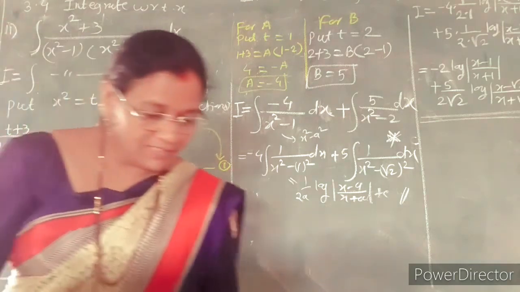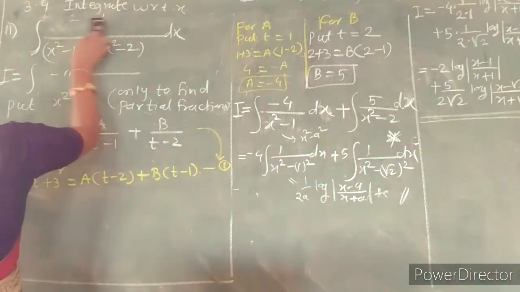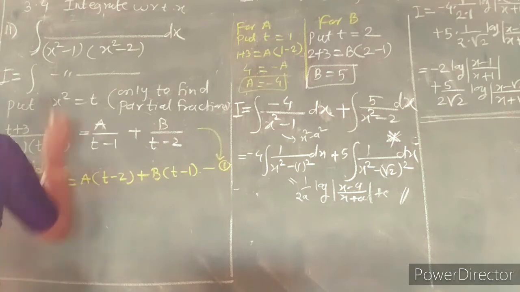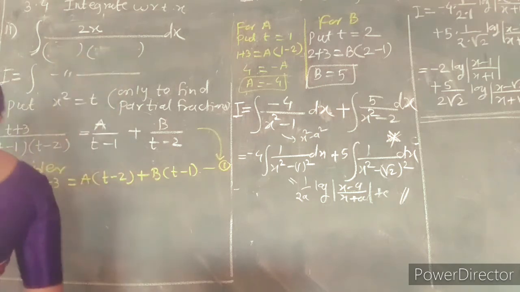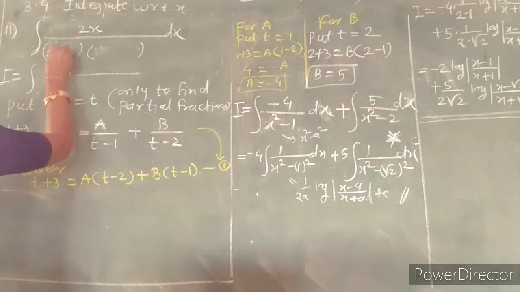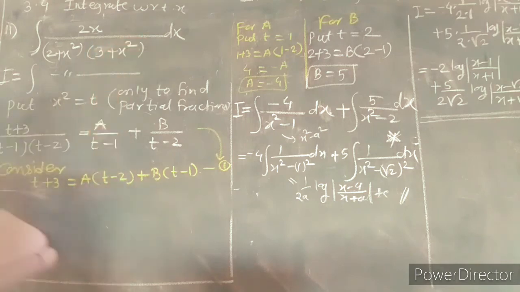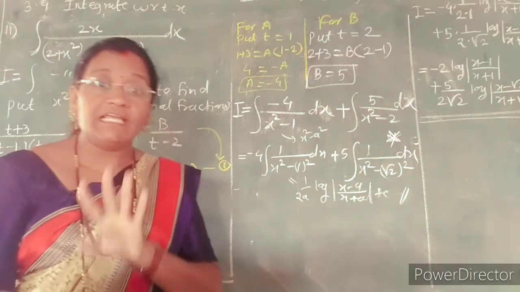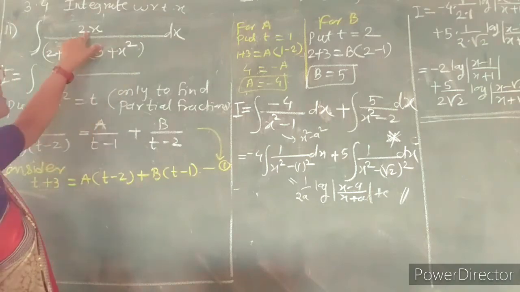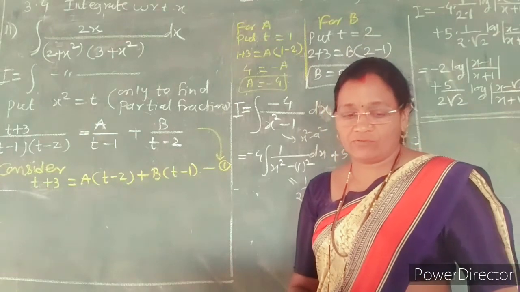See here what is the difference between that question and question number 10. Here the numerator contains 2x, and the denominator has quadratic terms, but again non-repeated. Without using the case of the denominator containing non-repeated linear factors, we can solve this by the first case. Here we use case first because the numerator is nothing but the derivative of x square, and we take substitution as x square equal to t.